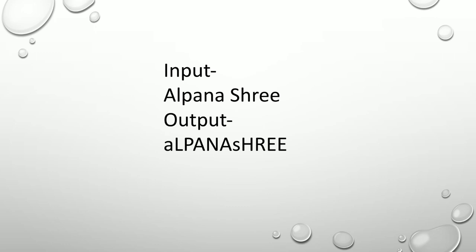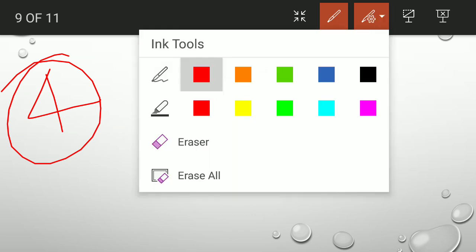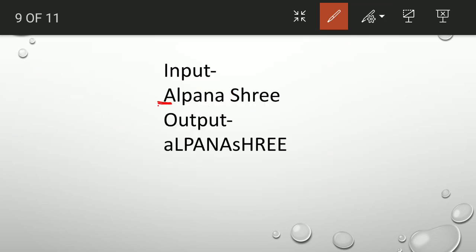Input. Now the fourth question. This is the fourth question. What is the fourth question saying? For example, we have given some input. Okay. We want the output. The first letter is to be in small, and the rest of the letters will be in capital. Okay, this a is the first letter of a particular word, should be in small. The rest of all the letters of the word should be in capital. This is also the first letter of the word, so the first letter of the word should be in small letter. Other than that, the rest are all in capital letters. So this we want as an output.